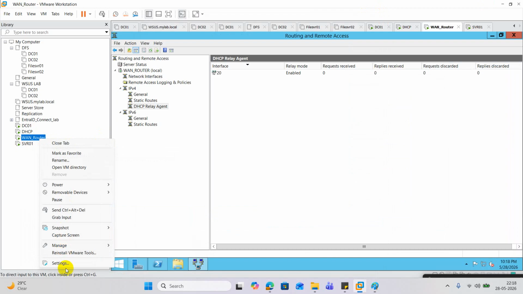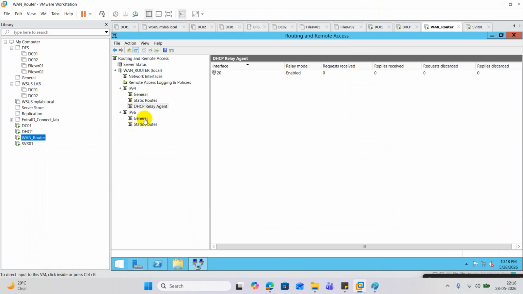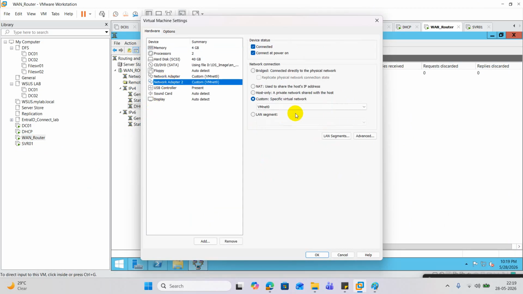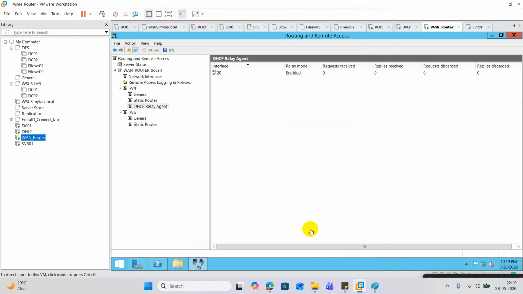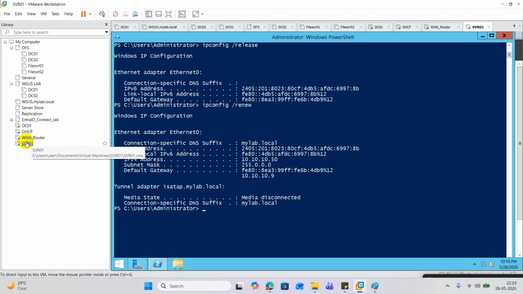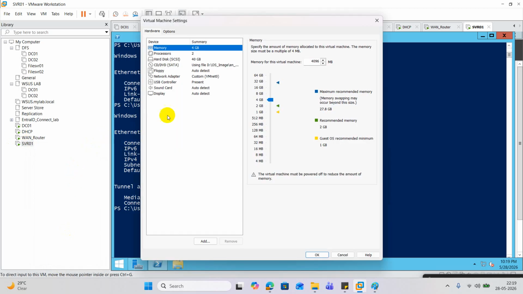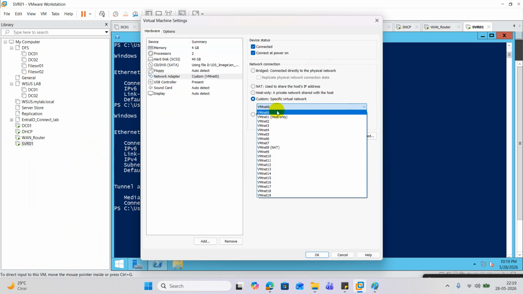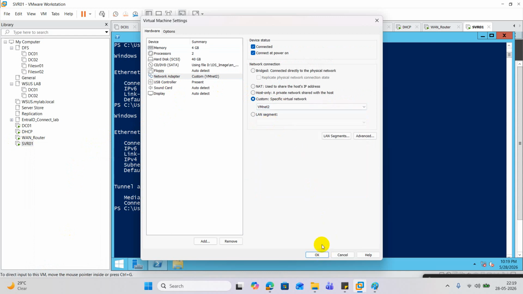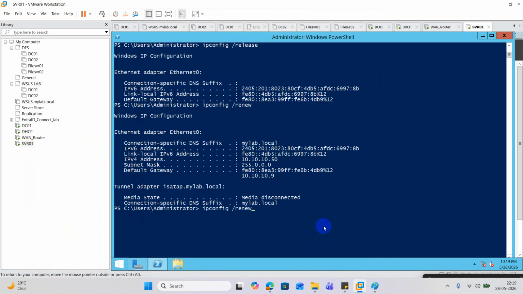Yeah, router. This should be in VNet 2. Okay. So in that case, if you change to VNet 2, your IP should be 20 series. So in that case, again, if you do renew,